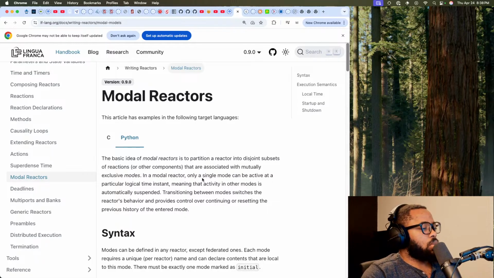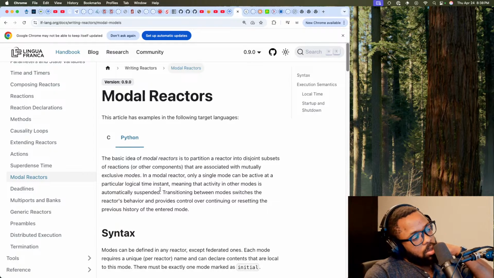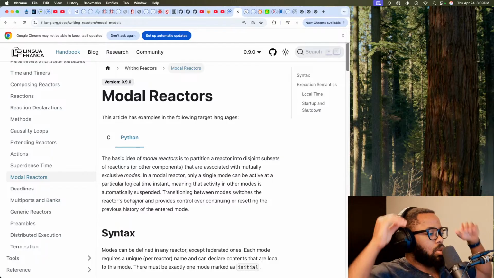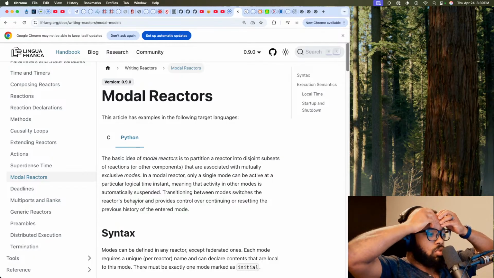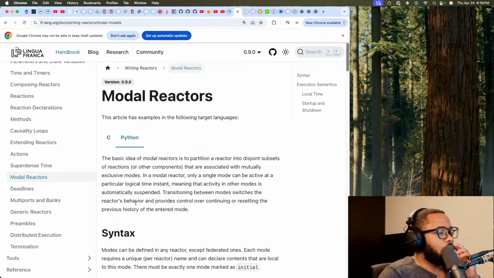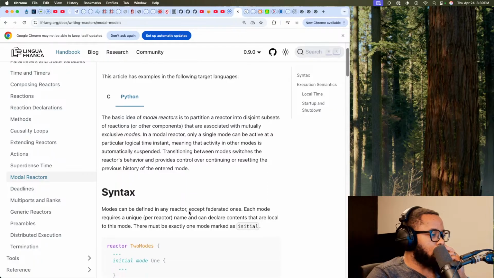In a model reactor, only a single mode can be active at a particular logical time instant, meaning that activity in other modes is automatically suspended. Transitioning between modes switches the reactor's behavior and provides control over continuing or resetting the previous history of the entered mode.